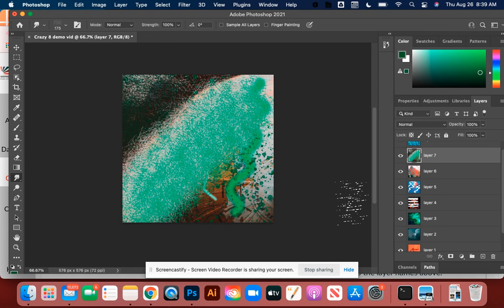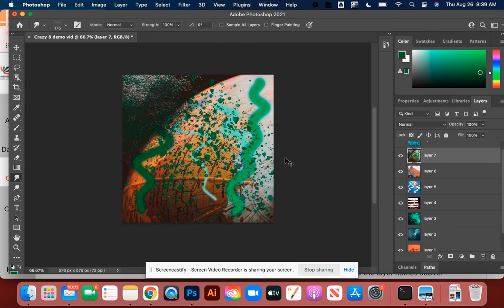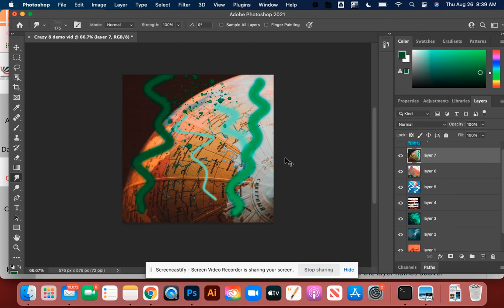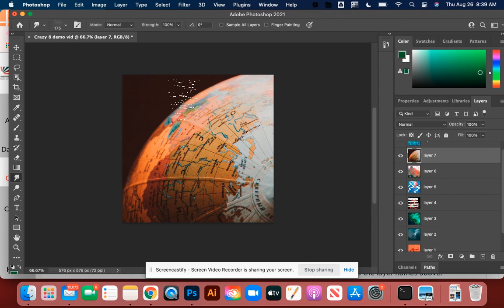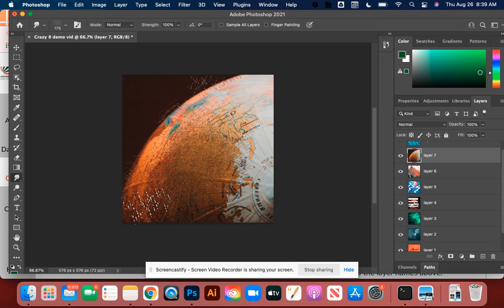Drag over large areas like that. Now remember, I'm just experimenting. So Control Z, you can go back several times. Hold down Command or hold down Windows and hit Z, Z, Z, Z, Z, and go back to where you started. So if you wanted to be more careful about that, you can. Or if you don't like the color,